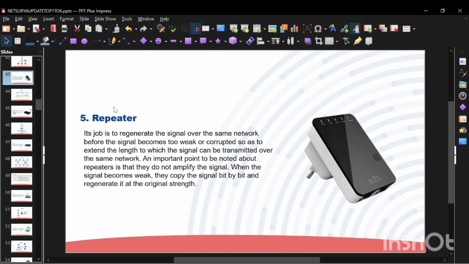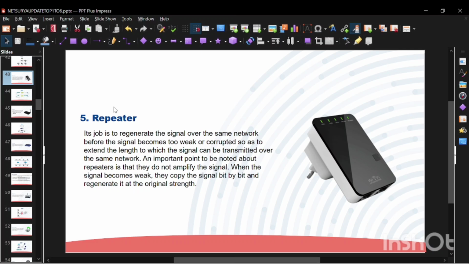Suppose you are at a party talking to your friend who is far away. Your voice is getting faint. So you use a microphone and speaker to make your voice louder and clearer, so your friend can hear you easily. That is exactly what a repeater does in a network. It listens to a weak signal, boosts it, and sends it further so devices far apart can still communicate.